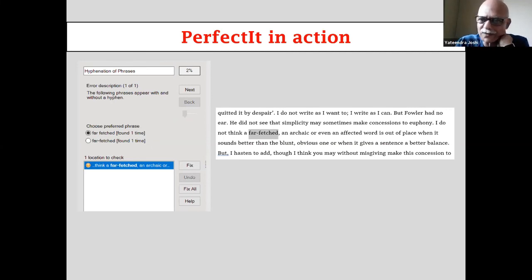So this is something you need to keep in mind, that Perfected will not make decisions for you. That is your decision, the style guide that you are following. Simple matters such as hyphenation, never hyphenated? No, it will depend on the context.